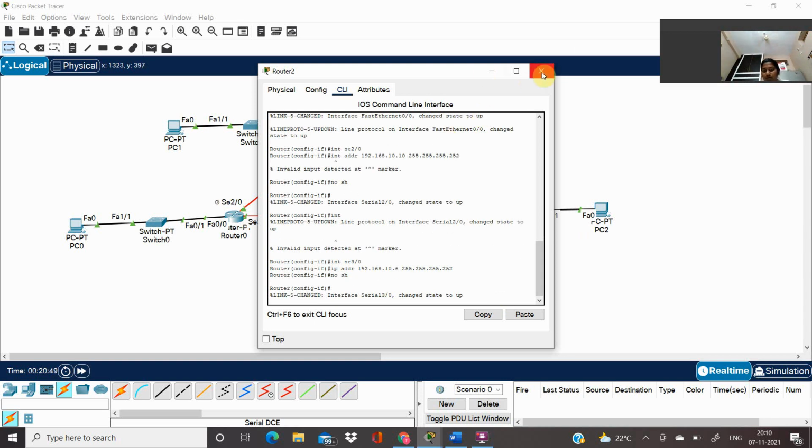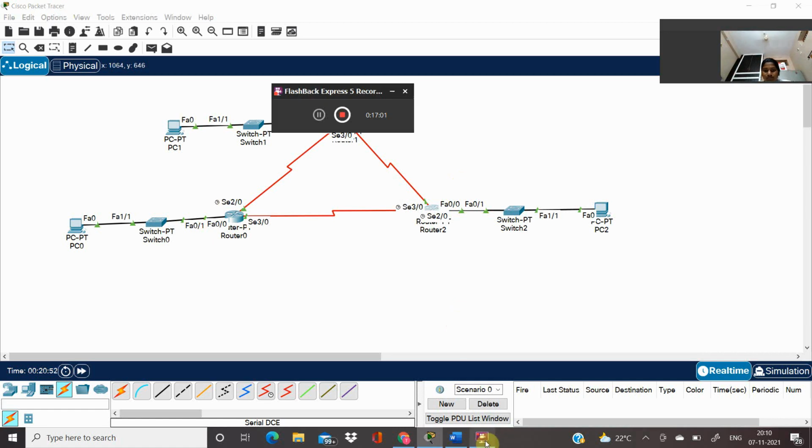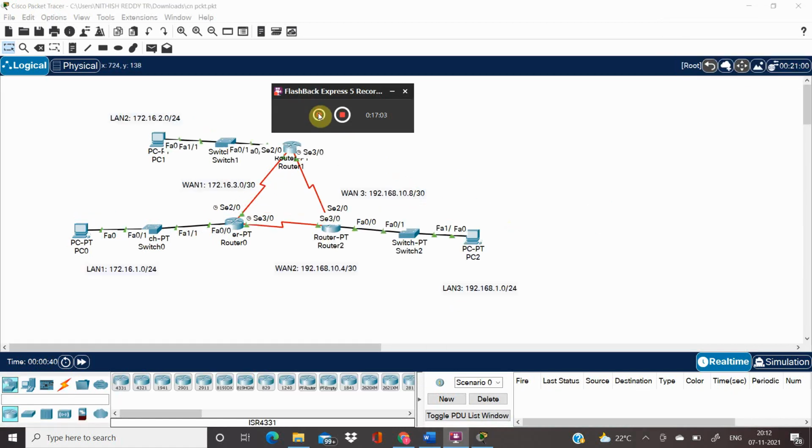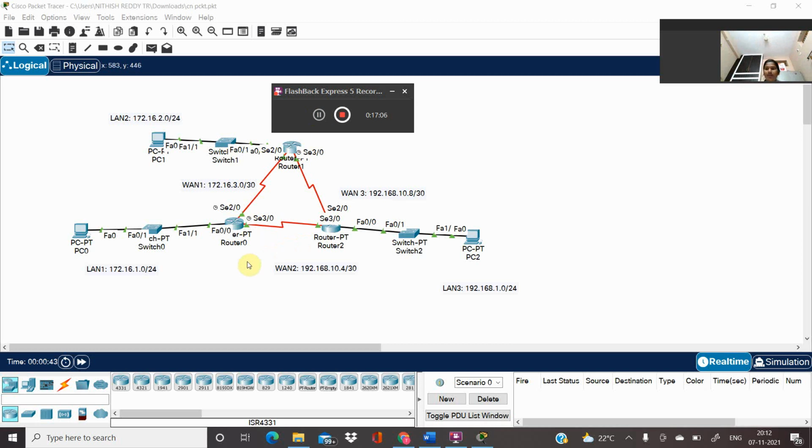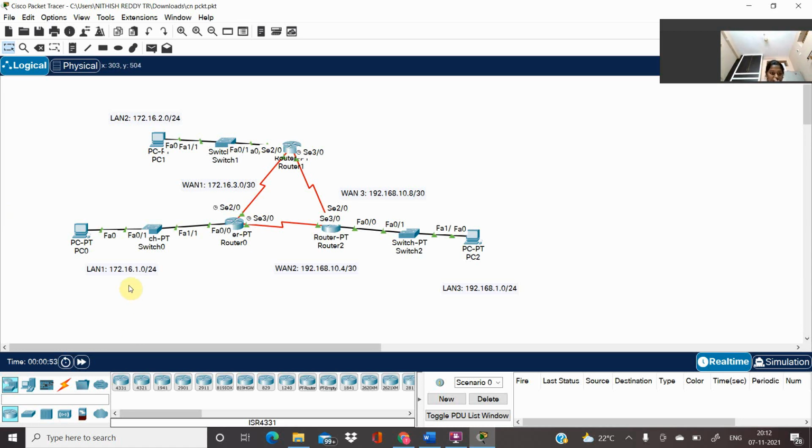Now actually I have done my configuration again for my router 0, router 1 and router 2. I gave my LAN 1 as 172.16.1.0/24, my LAN 2 as 172.16.2.0/24, and my LAN 3 as 192.168.1.0/24.